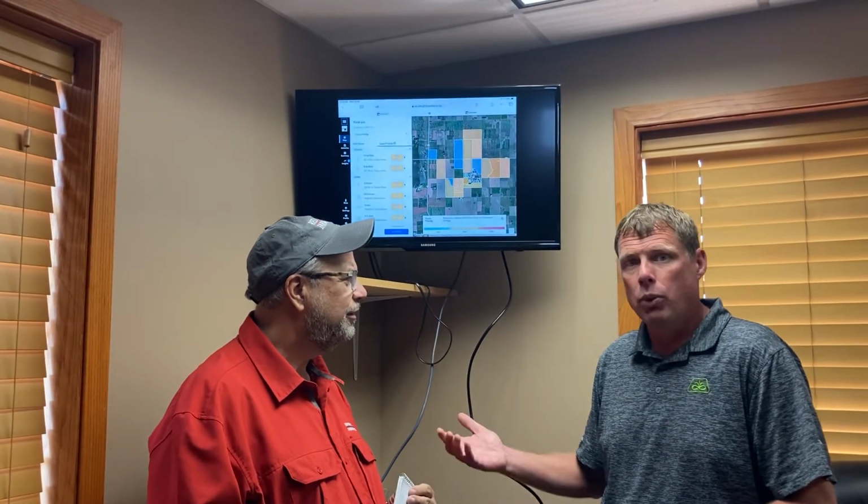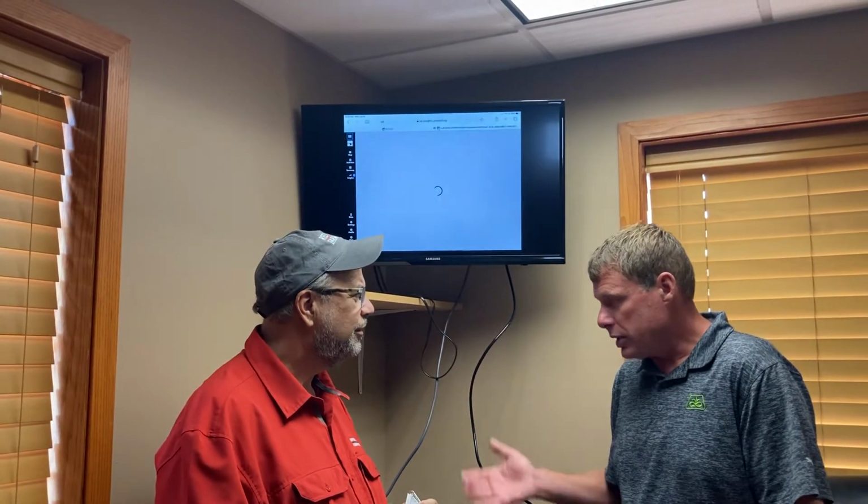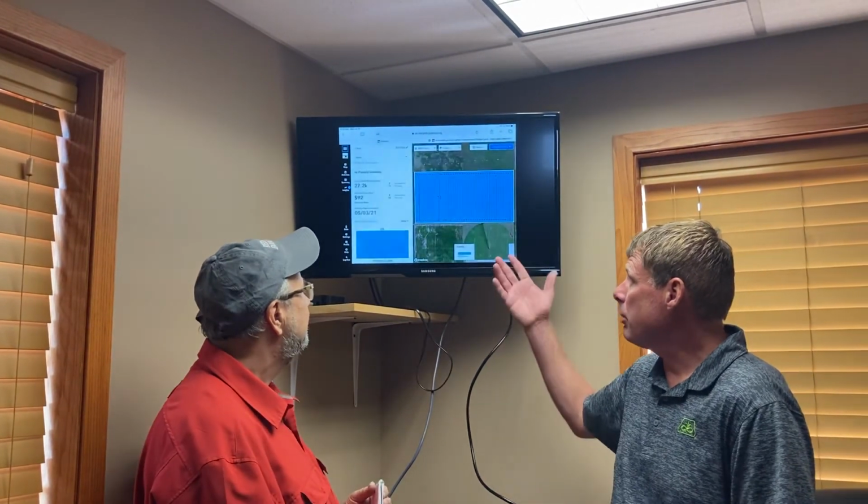They can get you hooked up with Granular Insights and, more importantly, our directed scouting, where week by week, it's going to compare those satellite images and show you the variability out in your field. And hey, those are the spots to go check. Do we have disease? Do we have drought pressure? Obviously we do, but what's it look like? How bad is the crop in that area? And so when we look at it, if we just look at the fields here and we pull up a satellite image,